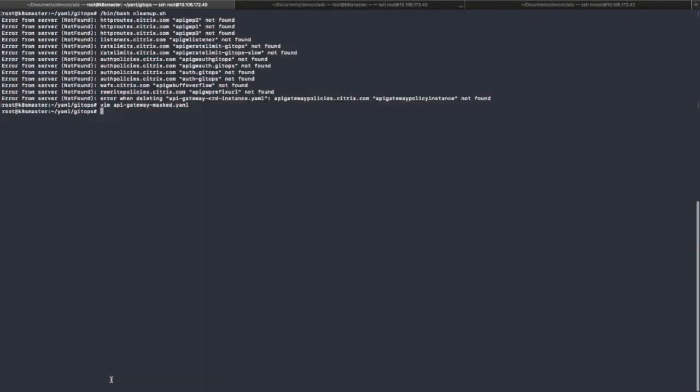Now let's go and apply. Okay, before applying, I just want to go over the Kubernetes state just to show you what templates are applied and some example templates.